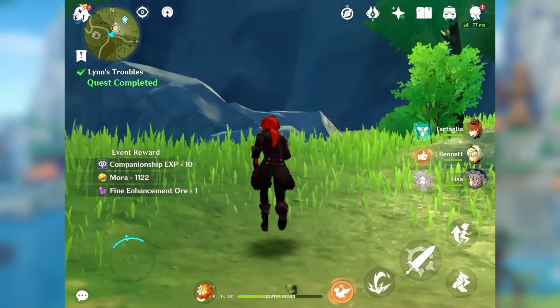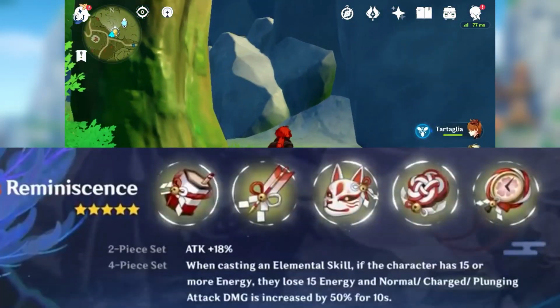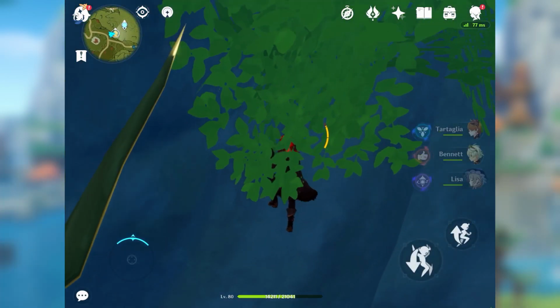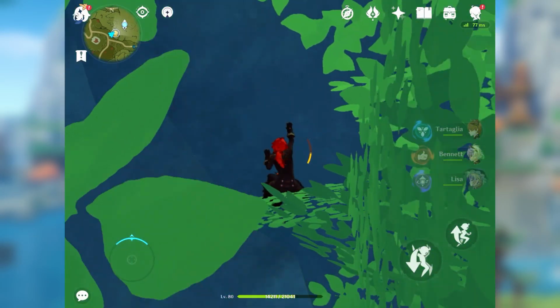But I'm going to try that. I'm going to try to use an Electro Keqing so we can finally do that as a free-to-play. Now, I know it says that whenever you use an elemental skill, it'll drop your energy by 15, which sounds significant, but if you're using this on a main DPS character, you're basically using everybody else's ults on the team